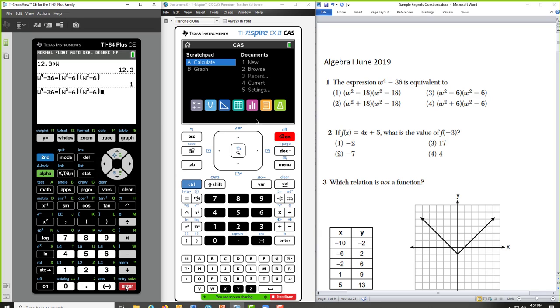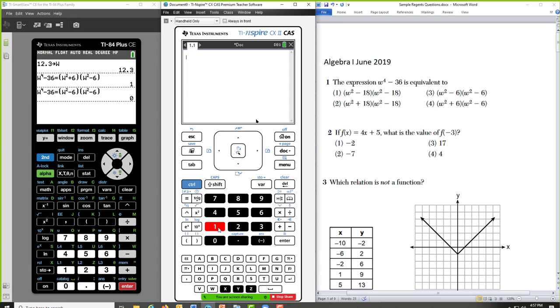If I were to up arrow into my history, press enter to copy and paste, and I were to try answer 3, which is minus 6 for the two signs, and press enter to reevaluate, I can see that I get a 0 as an output, which tells me that it is false. I didn't earn credit. The Nspire works the exact same way.